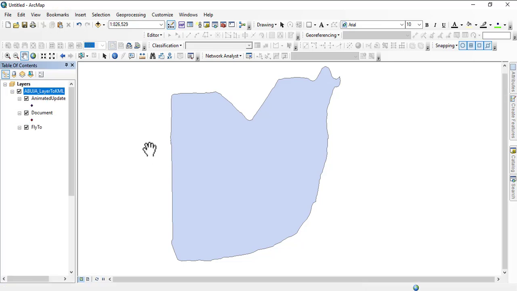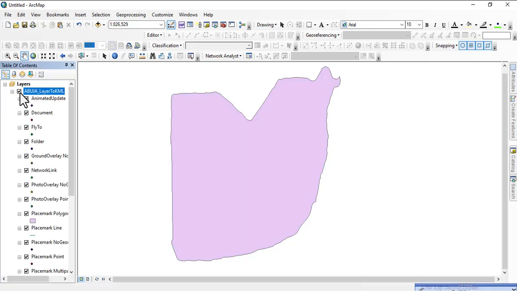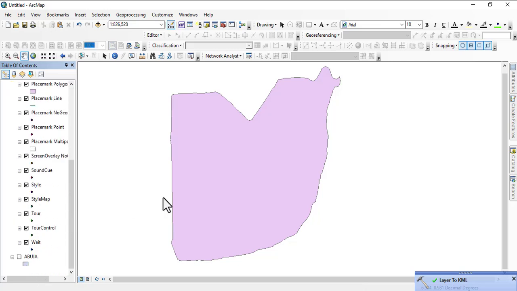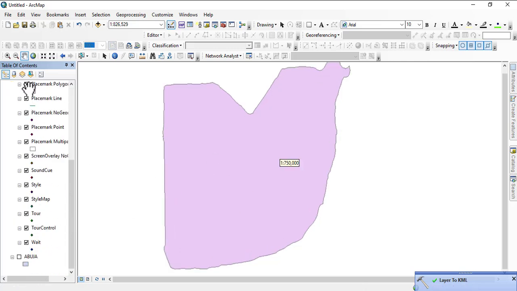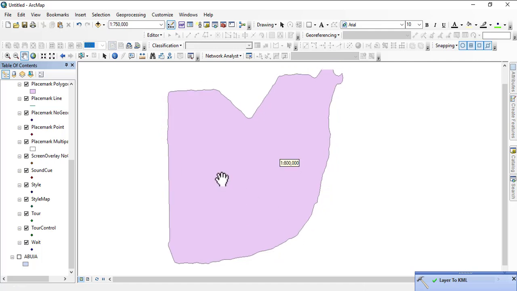So there you have it. It's currently on KML. So if we remove this one, we still have this. So currently this is on KML, and this is how you convert your shapefile, your feature class, or anything from a layer, because anything here is basically a layer, from a layer